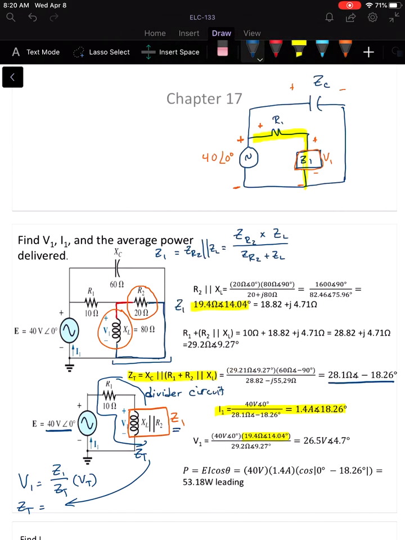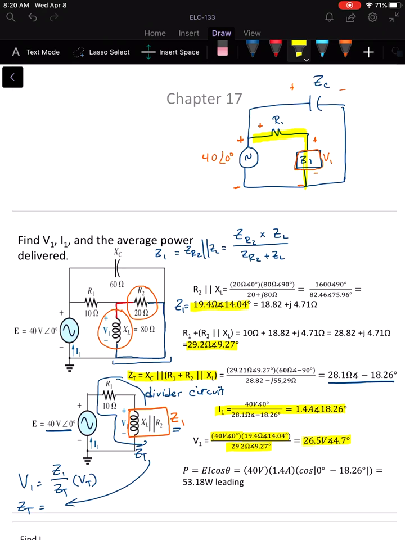So that was Z1 divided by ZT. That is the total impedance of the divider circuit. That's right here. Again, it's not ZT of the circuit, it's ZT of the divider portion of the circuit. And then I'm going to multiply by the total voltage across both of those impedances, and that gives me 26.5